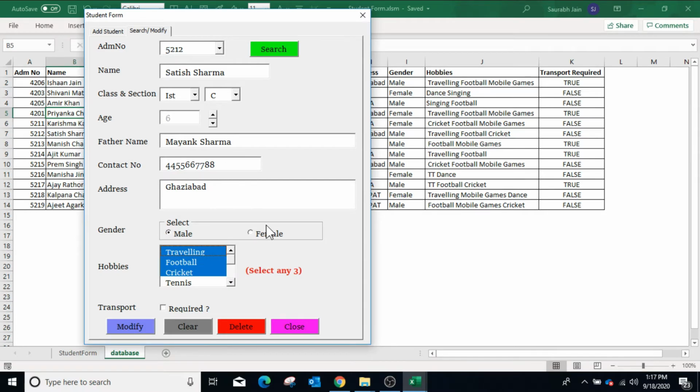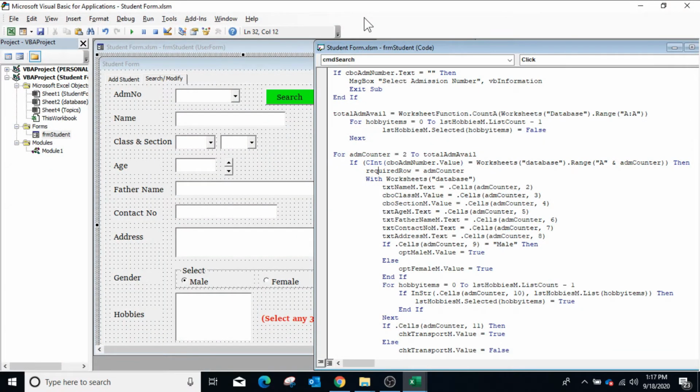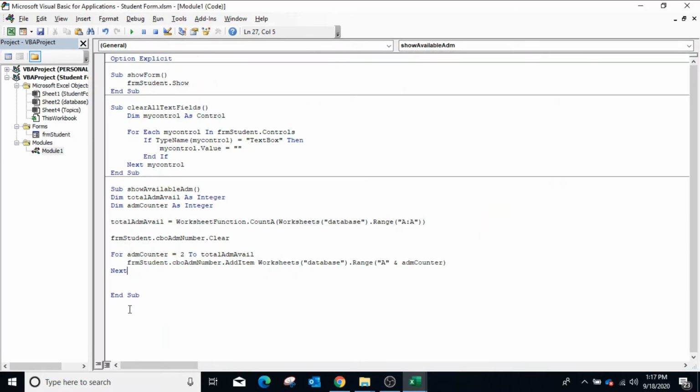gender also changed. Now to clear all the controls, we will create a sub procedure in the module. So go into the module and we will create a subroutine, sub clear search fields, and in this, for the list box we will declare a variable, dim hobbies count as integer, and with frm student, to clear all the fields used in the user form.